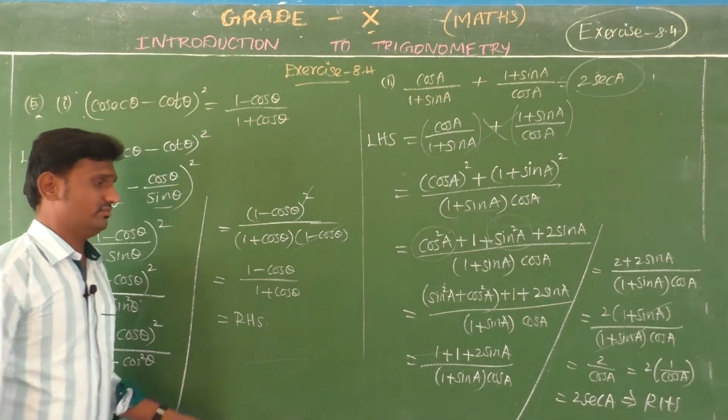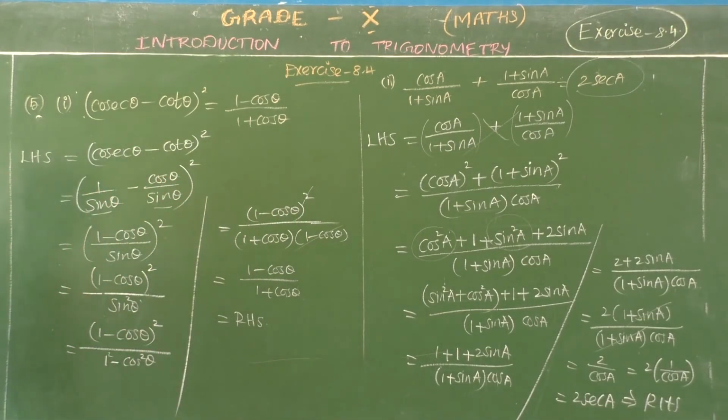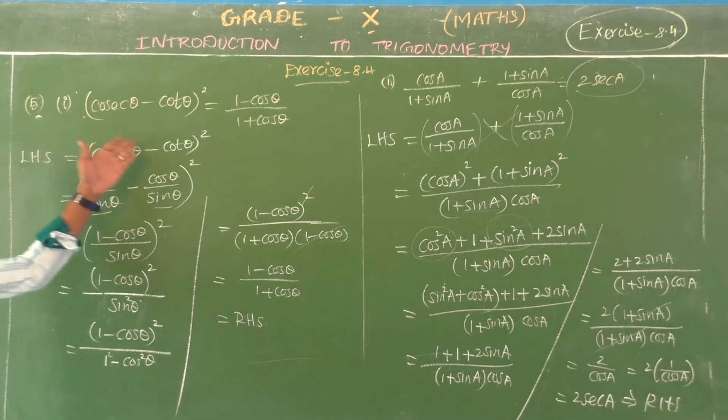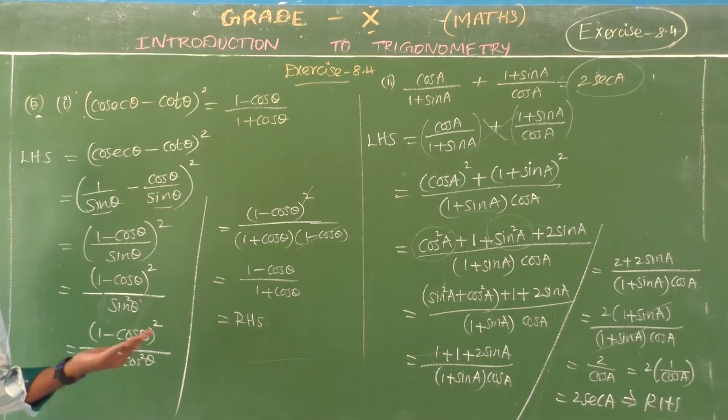Okay. See, students, these are the easiest topics you have, because you have the question and answer both in your hand. We have to take the left side and prove the right side. That's all. Okay. Have you got it, children?